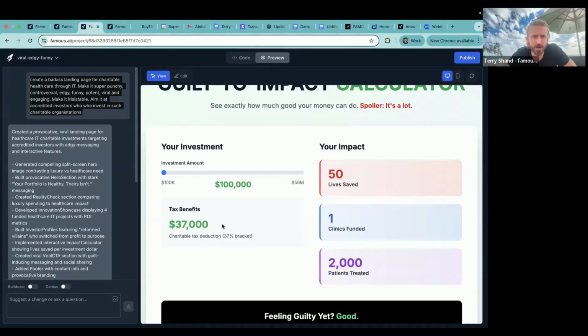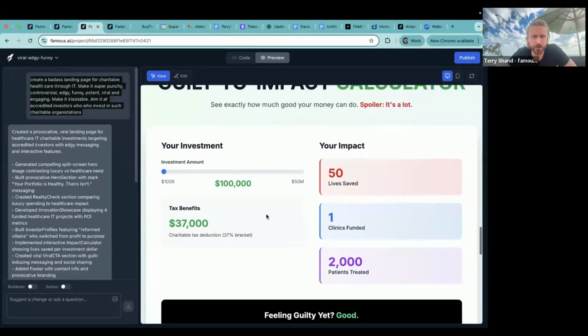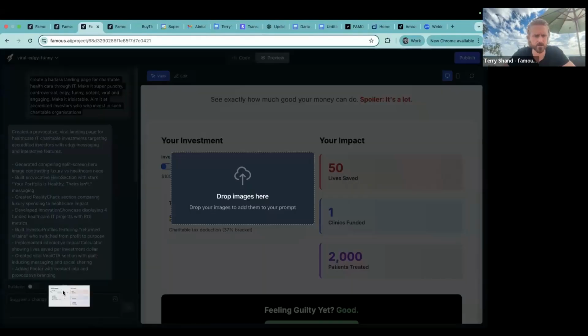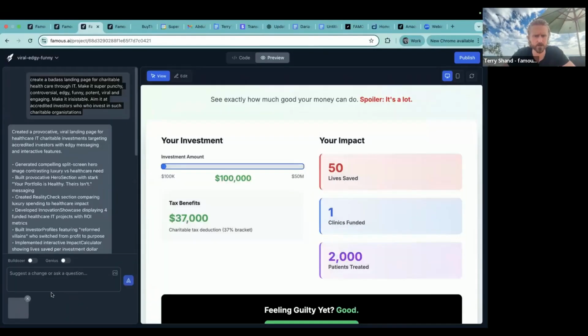Let's imagine that this changed. In fact, let's change it. Let's change the investment amount parameters.